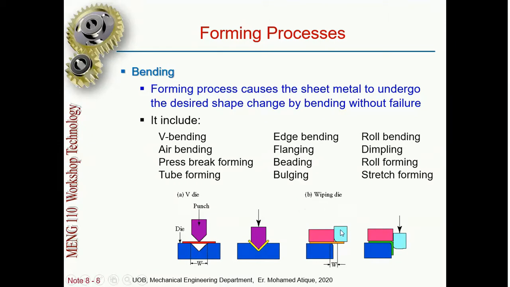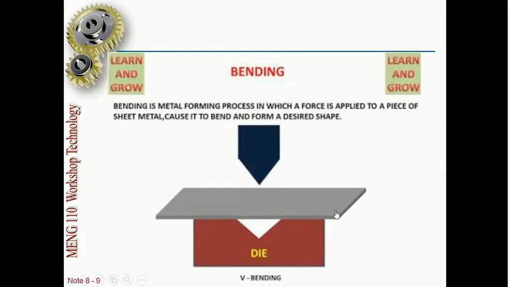Then there's wiping. Here we are bending from the ends. We are not cutting, we are bending from the end. See, the material will be kept with one edge a little outside the die. So when the punch comes down, it will bend this edge on this die. Okay, so we'll have this L type of shape. See, here we look.